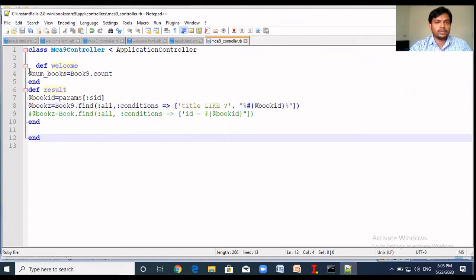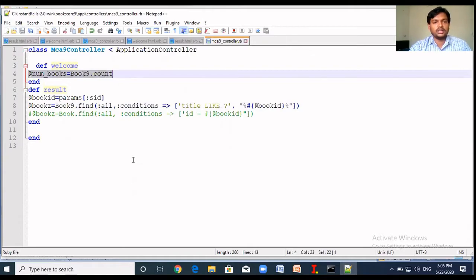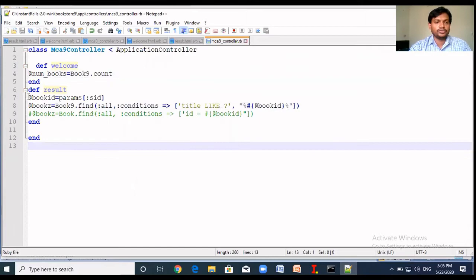In the first method, we are just getting the count, the number of records created. In the second method, we are interacting with the database and fetching all the records which match the title. This title will be entered by the user in a text box. The name of the text box is SID.